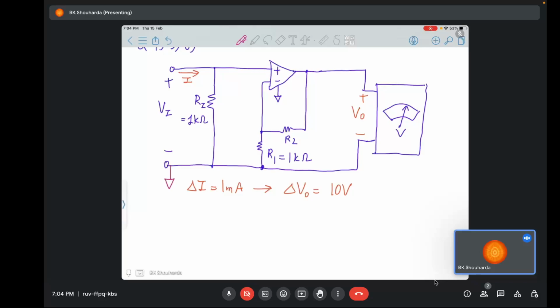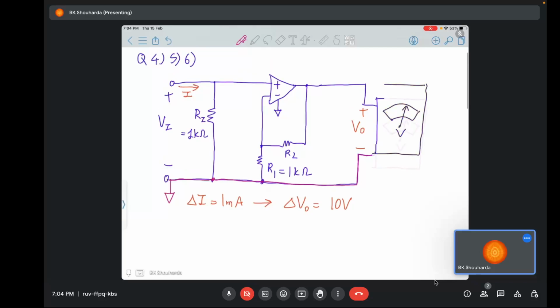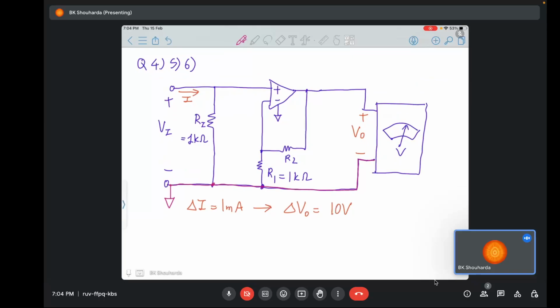So for easiest reference, we can assume this potential to be the ground voltage, so that our potential reference VO is with respect to the ground, and the rest of the points are also with respect to the ground. Now we have this voltage Vi, right? This voltage Vi is over here,